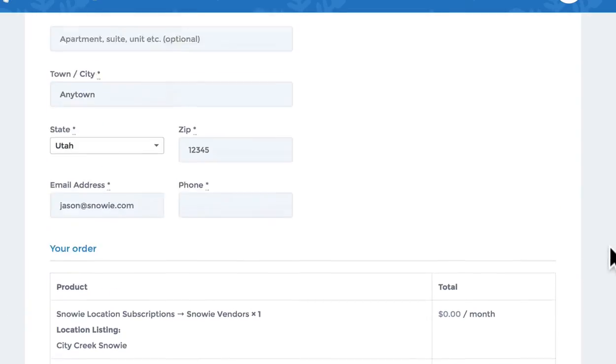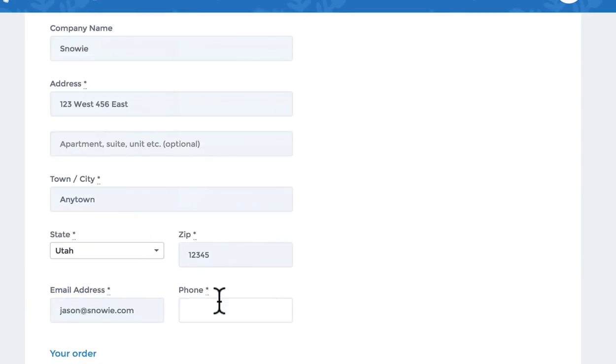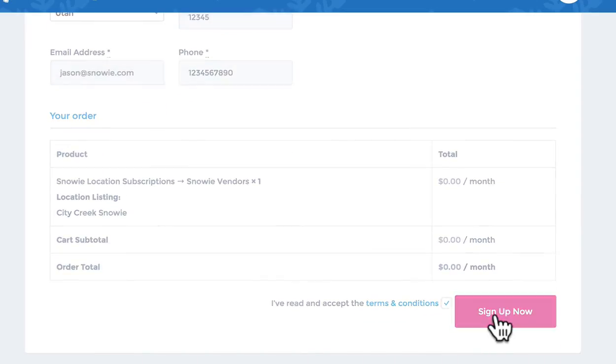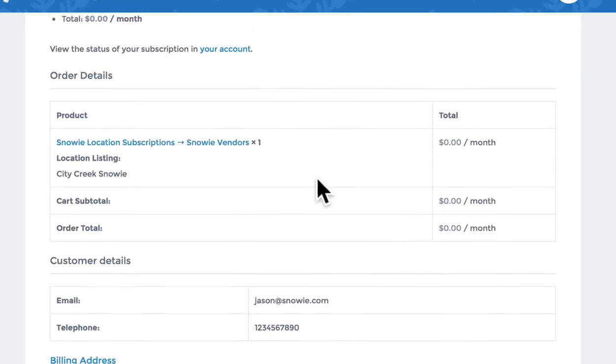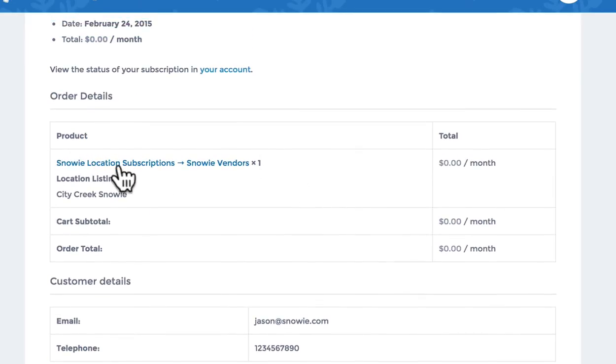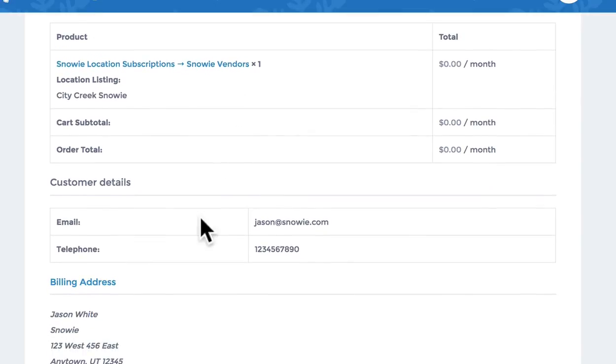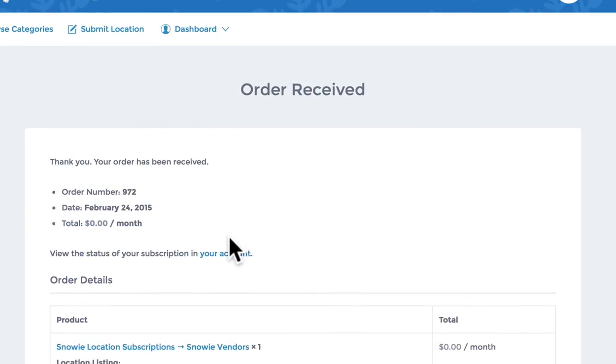Oh, we've got to make sure we get our phone number in there. So make sure that we don't miss a field. Okay, now we are set. I'm going to click Sign Up Now. And the order has been received, and that means we're all set. It shows that we're part of the Snowy Location subscription, Snowy Vendors now, and we are officially in the system now. So now I can go to my dashboard and click that,